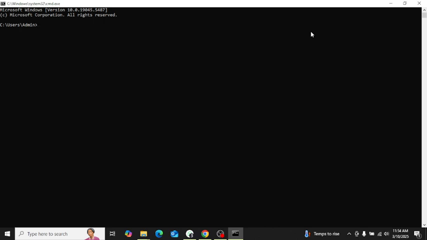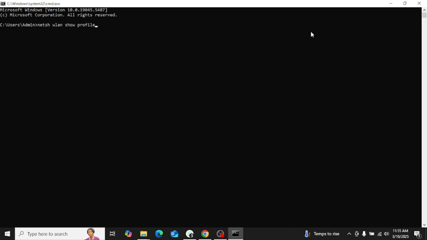First of all, you have to write netsh, and after that you have to write wlan, and then you have to say show profile. By doing this you are showing how many connections you have used on your laptop, whatever Wi-Fi you have connected in the past. You can see all of them which have been connected on your laptop.